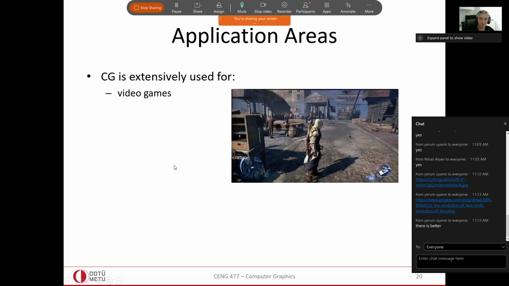I'm going to skip those. And extensively used for games. So computer graphics these days is equal to games. And there's a game engine for that, which is Unity. It's very popular. You don't need to know advanced computer graphics algorithms to start creating your own games in 1 hour or so,